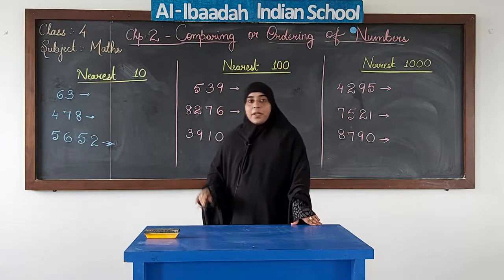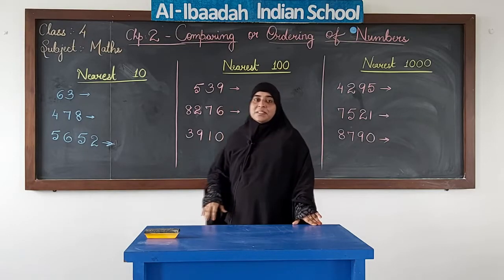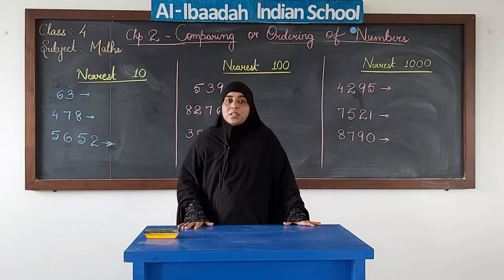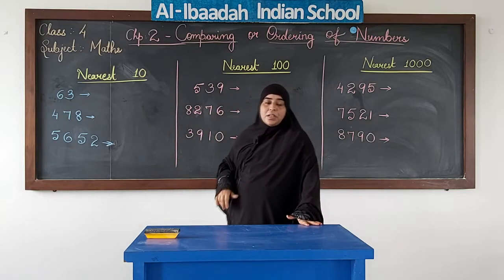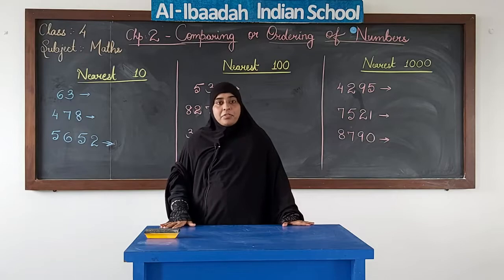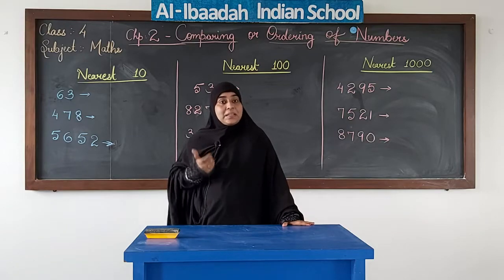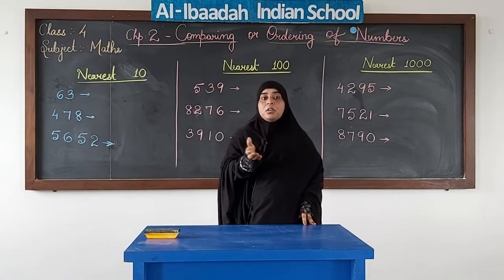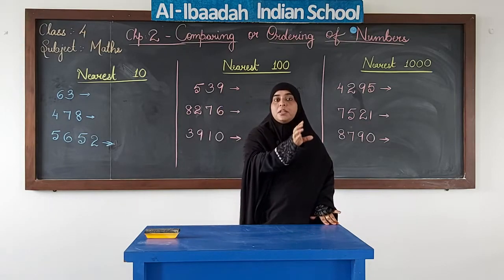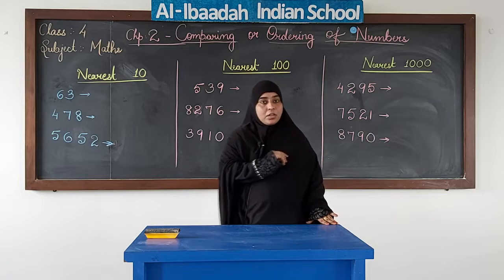Now today we are going to do something different with the numbers, that is we are going to round the numbers to the nearest 10, 100 and thousands. Okay, now when we say rounding of numbers, here we are going to estimate or guess that number will be closer or will be more near to which tens, 100 or 1000.